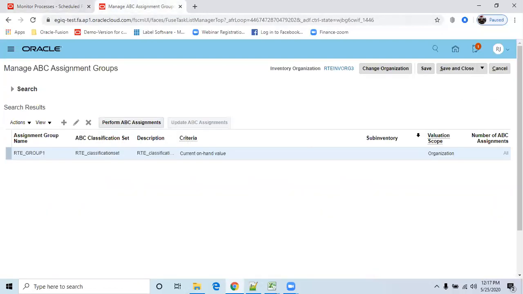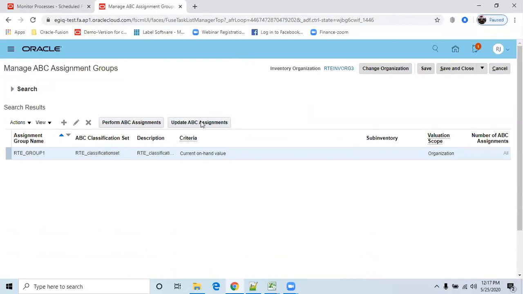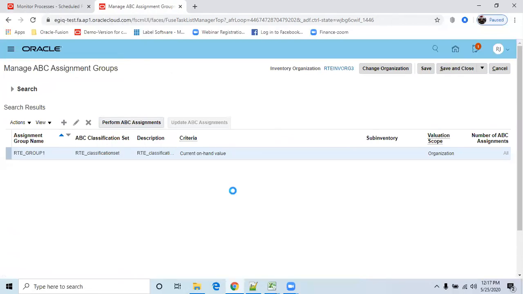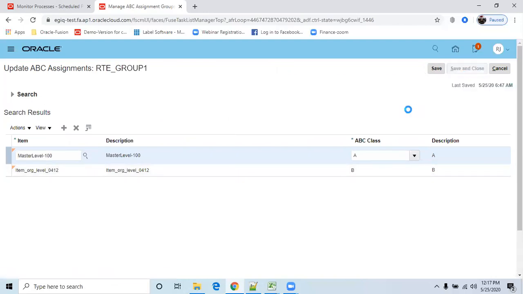And go back to your assignment group, click on search. You can find update ABC assignments. So click on this. This first item will be A group, second item will be the B group. Just save, save and close.